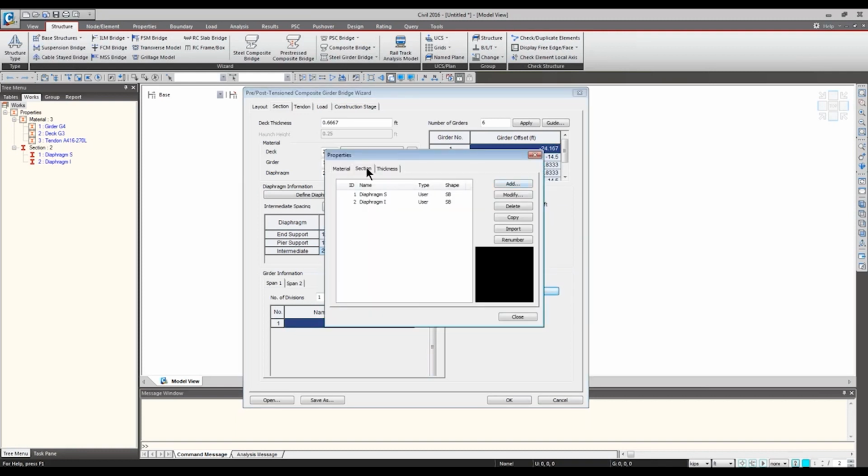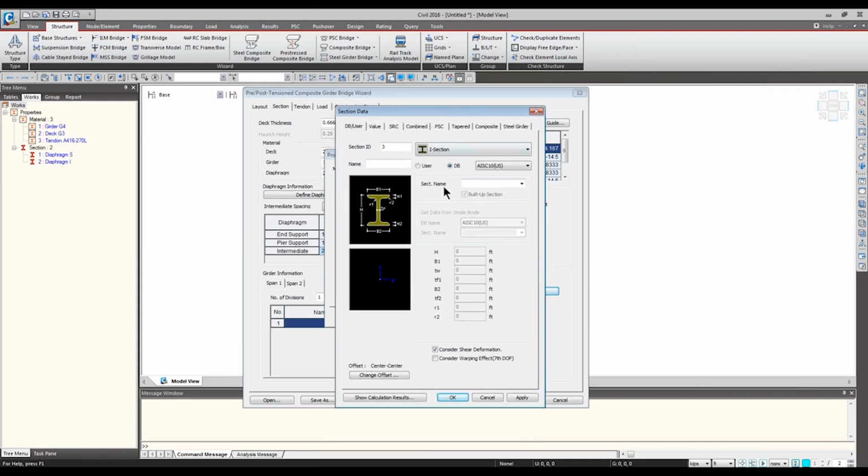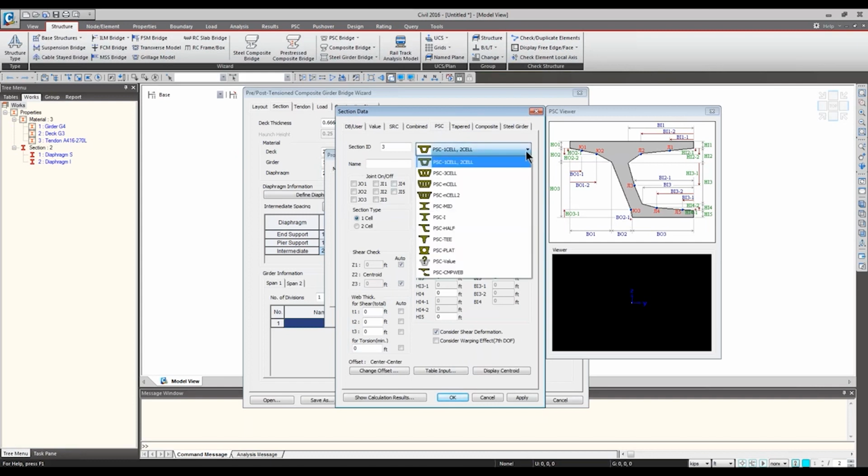Okay, so I got redirected to the section properties window. Now I'm going to click this add button. And this time, my girder, looking at the tabs, it seems like PSC is what it's referring to, right? So I go to PSC. Then you're going to see a drop-down list with all the box, multi-cell, and the conventional pre-stressed concrete sections.